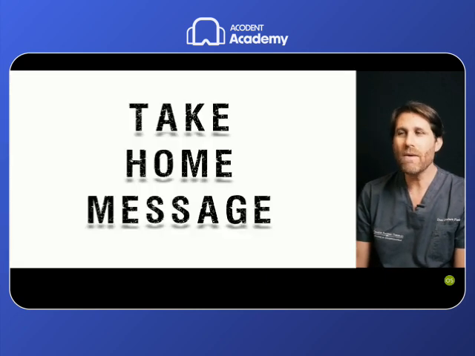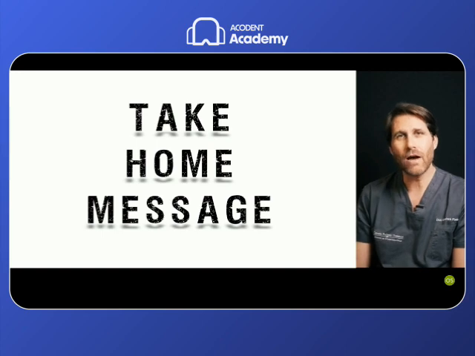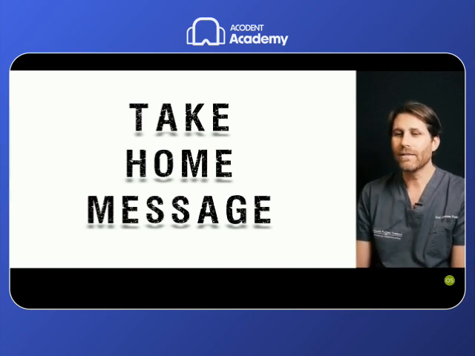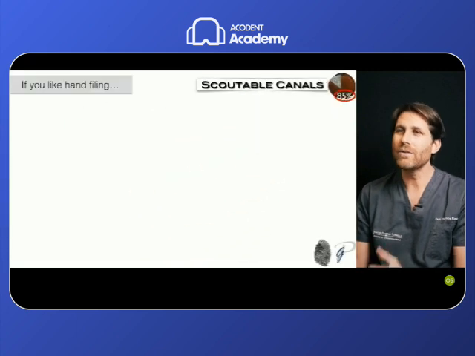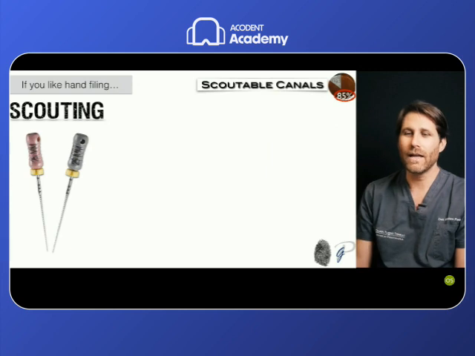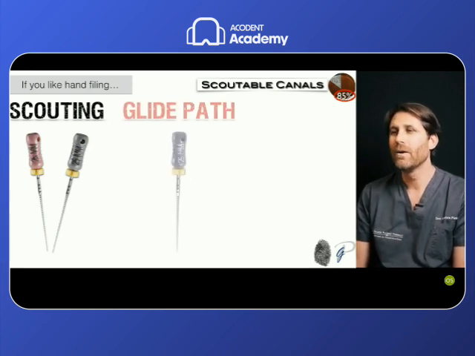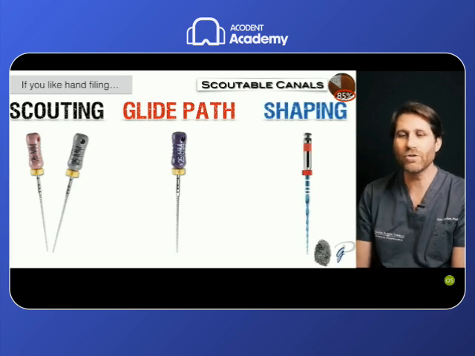So the take-home message from this scouting lesson is that when we have scoutable root canals, we can scout with stainless steel files, then glide path with a stainless steel file, and then shape with our instrument of choice.